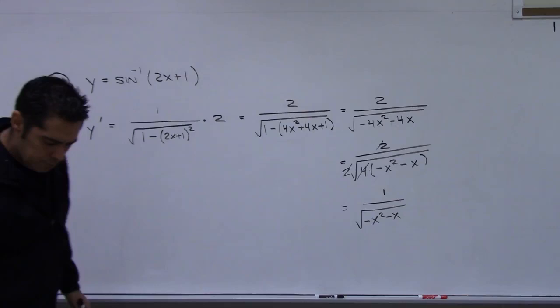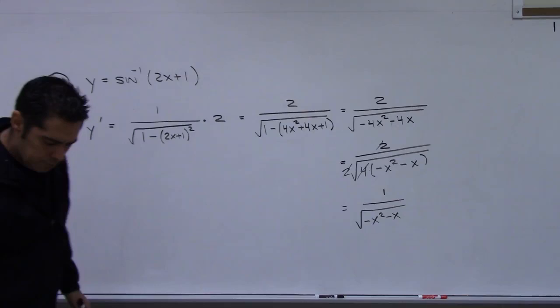Again, these formulas are in your book, but they're also on your formula sheet. The derivative of arcsine of something is 1 over the square root of 1 minus that something, whatever's in here, the argument, squared. Then the chain rule says, now take the derivative of what's inside, which is just 2, and multiply it. So that's it. 1 over square root, 2 over, put the 2 on top. 1 minus, and I think we could just leave it like this, but just to show you,